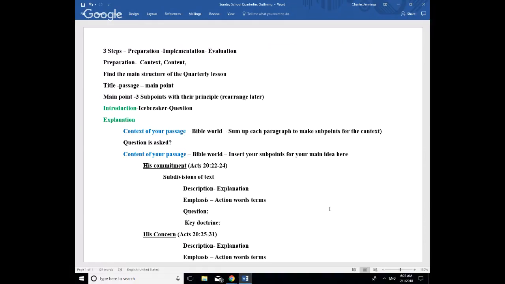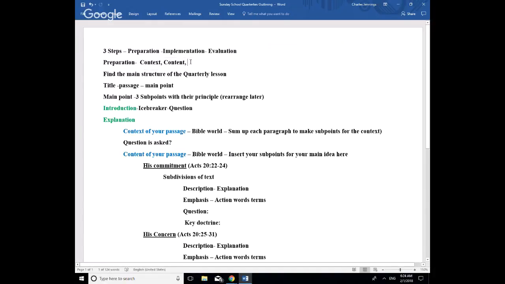In the previous video, I gave a basic outline for the whole process, and there's basically 3 steps. There's preparation, you're preparing for class. There's implementation, that's your actual teaching, and then there's evaluation. That's where you're going back to the drawing board, reflecting on everything. Well, in preparation, there's 2 main C's that we're going to deal with. In the previous video, I talked about other C's, but for right now, we're just going to focus on these: